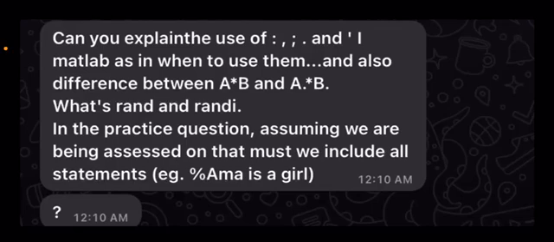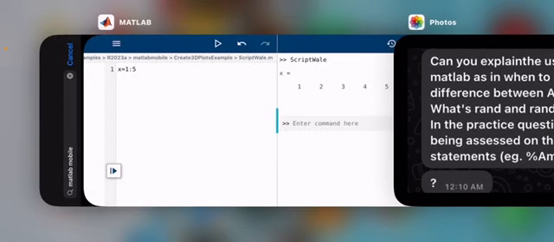Okay, so video request and the solution to it. Can you explain the use of semicolon, comma, colon, full stop, and single apostrophe in MATLAB, as in when to use them, and also the difference between A star B and A dot star B, was round and randy. Okay, so